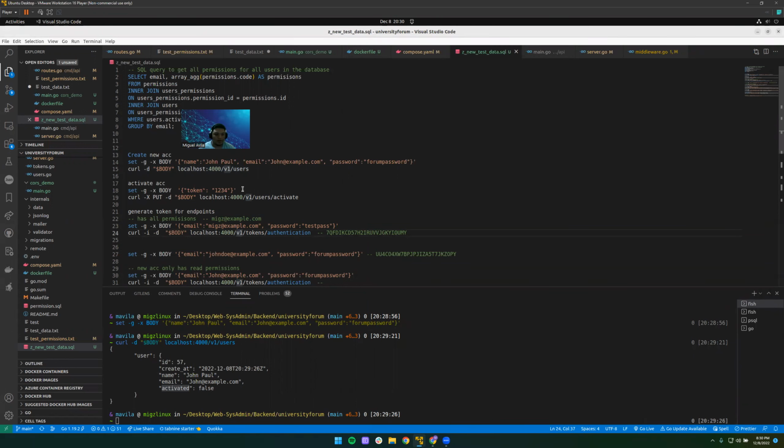I could say this, and it would be John Doe, for example. This one is only given the read permission, even though we have a write permission. So this specific user won't be able to write into our database, won't be able to reply to, delete or edit any forums. So if we now go ahead and try to access